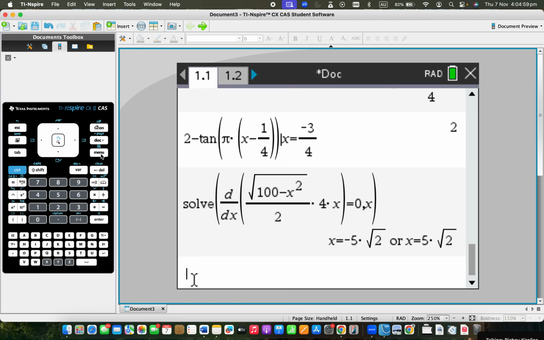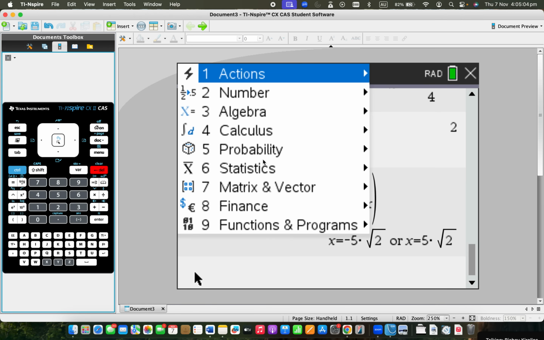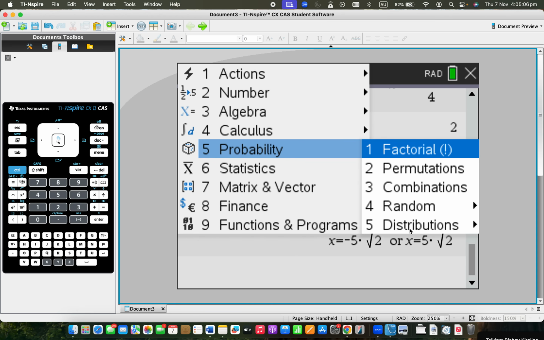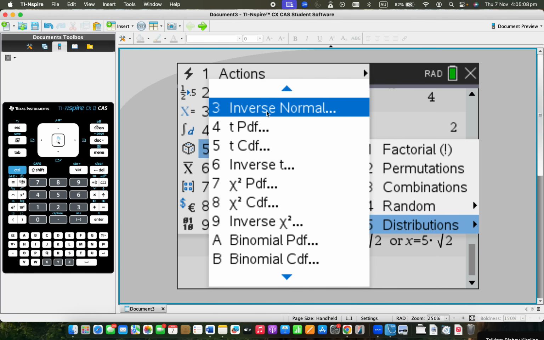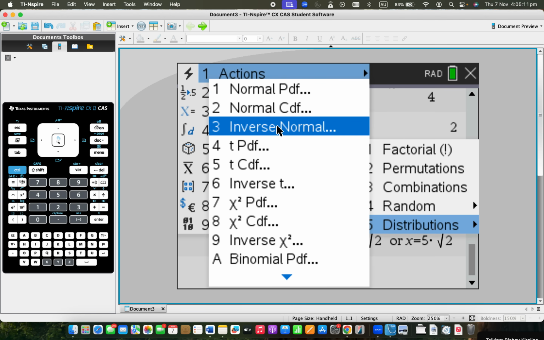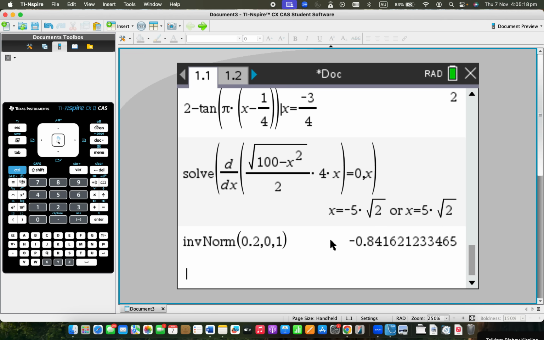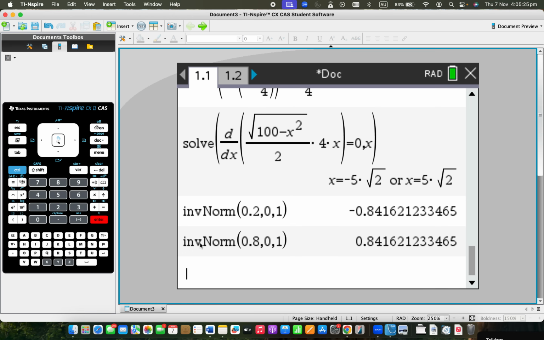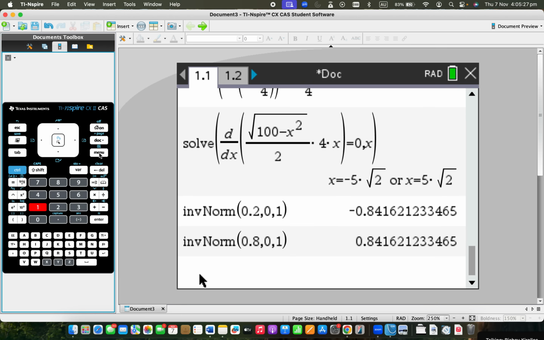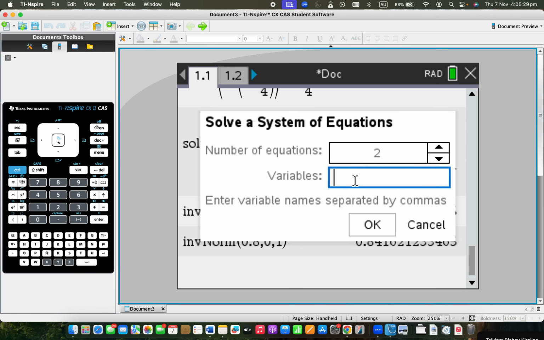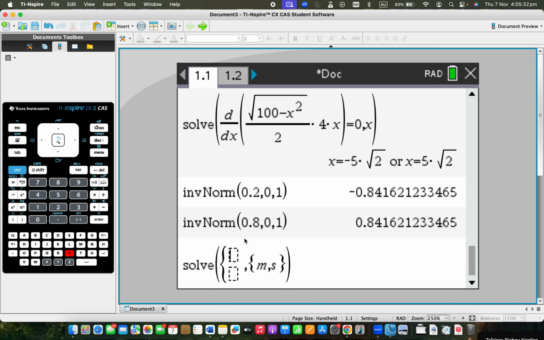So if you do menu 5 for probability distributions and then normal, we'll do inverse normal, and then the area is going to be 0.2 for the 10 value, and then the other area is 0.2 and it's greater than 18, so I'm assuming it's just going to be positive, but the other one you'll just put 0.8 here. Okay, so now we can do simultaneous equations, and we do m and s for mean and standard deviation,